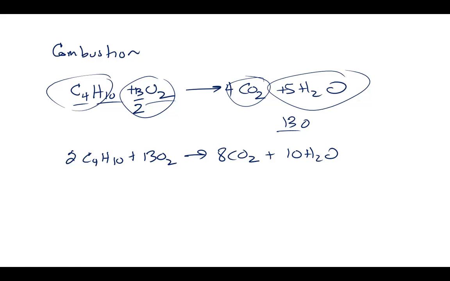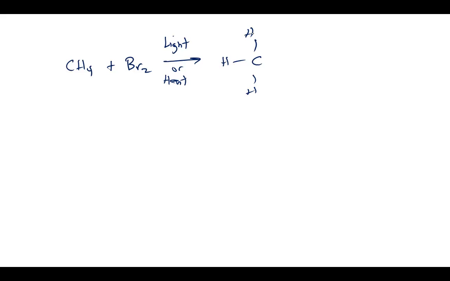All right, the next reaction we want to talk about in this chapter is a halogenation. So we take something like methane and we add bromine to it, and then we add heat or light. So you got to have some type of energy in the form of heat or light to cause this reaction to occur. So what happens, this is a substitution reaction where one of the hydrogens is knocked off and in its place a bromine is added. And so we would get